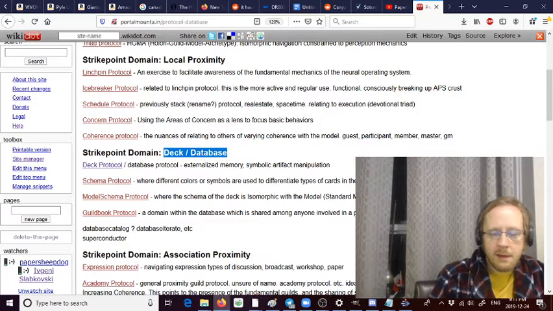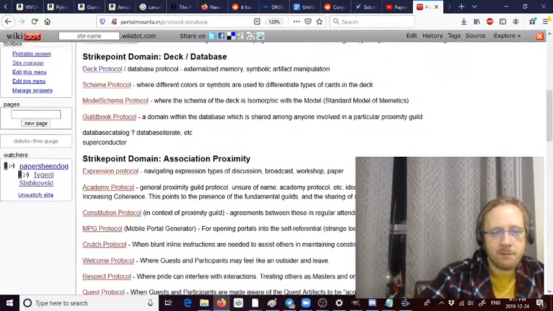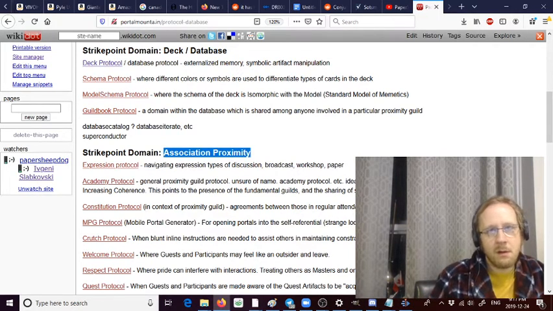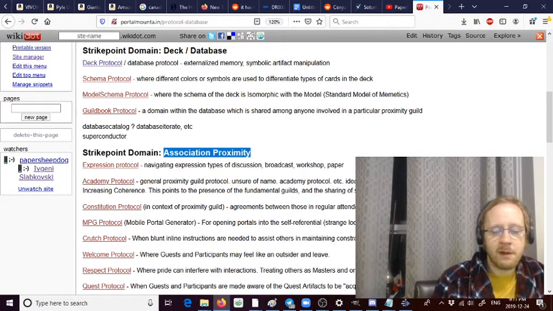So that deck protocol, this ability to have this database, this externalized medium, is important for helping you to converge upon your own, to get better at doing things yourself. For example, you could write a recipe for making cookies. If you follow that recipe and you find, okay, it's too sweet, you physically alter that recipe on your paper. You take your index card with the recipe on it and you scratch out this amount of sugar and put less, right? And so that's an example of the feedback protocol,